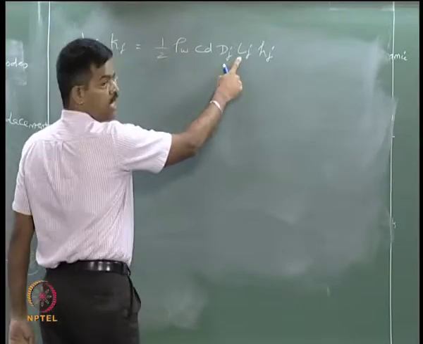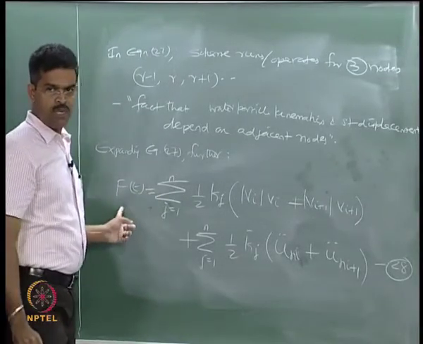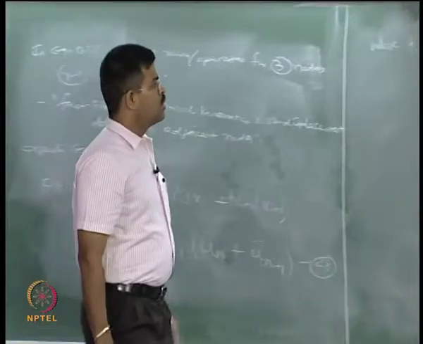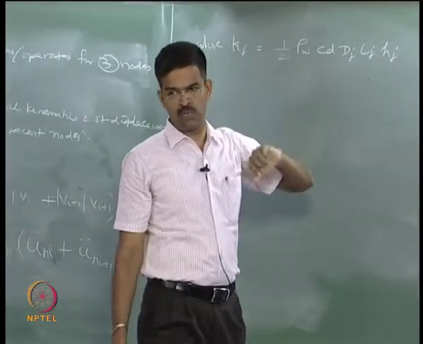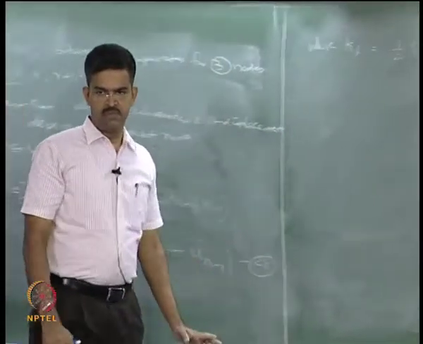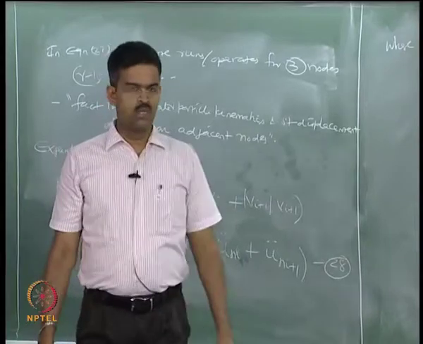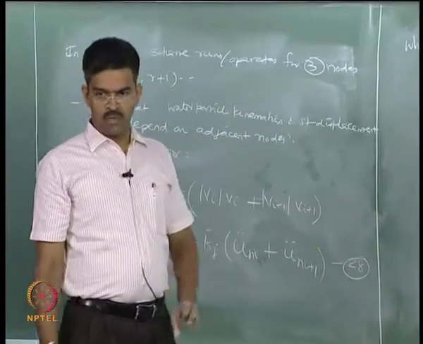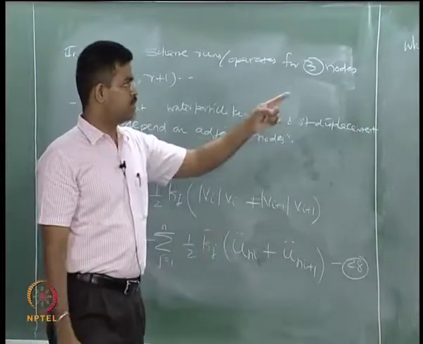Now why am I multiplying with L? Because I am looking for the capital F of t here, so I am multiplying by the length of the member. Why do I have the h of j multiplier here? Because I am looking for the moment of these forces about the base of the hinge. I am not looking at the forces at all, I am looking at the moments of these forces, is it not? Because my degree of freedom is rotation, not displacement. Is that clear? So that is why the multiplier hj is there.